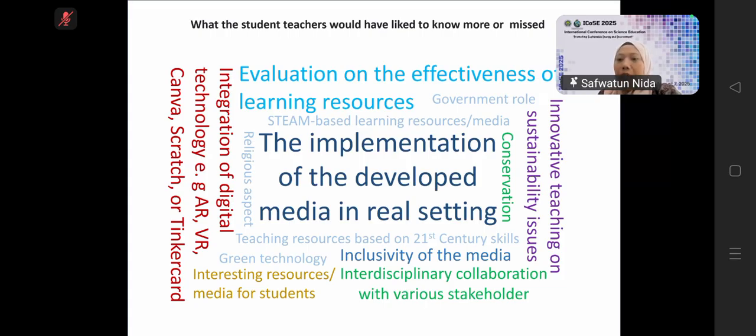And these responses were unsurprising since the developed teaching resources was only piloted among their peers, not yet implemented in real setting. And the other frequently mentioned aspects was the integration of digital-based technologies such as AR, VR, as well